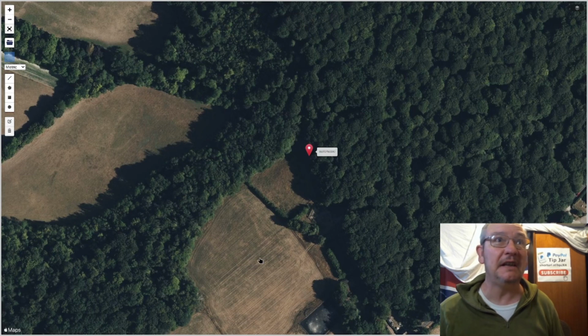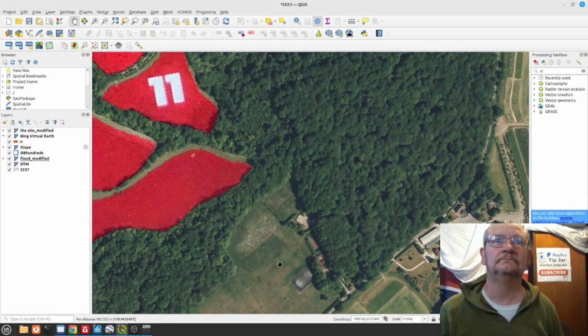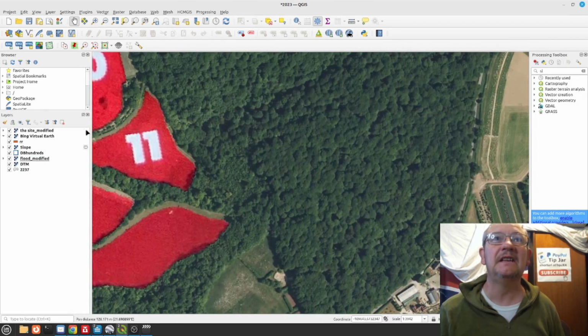And I think you've got this field here and this field that's right next to it. So here's the house up here, and like I said, you've got the LiDAR, it can see through all the trees. So we'll go over to that now. You haven't got that field. Those are horse paddocks. But you've got this one and 11. So if we go over to here and I take off the trees,